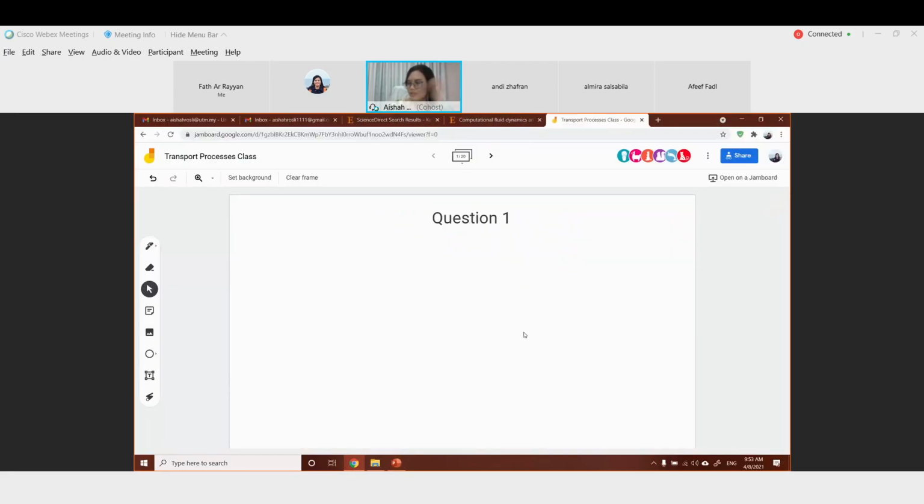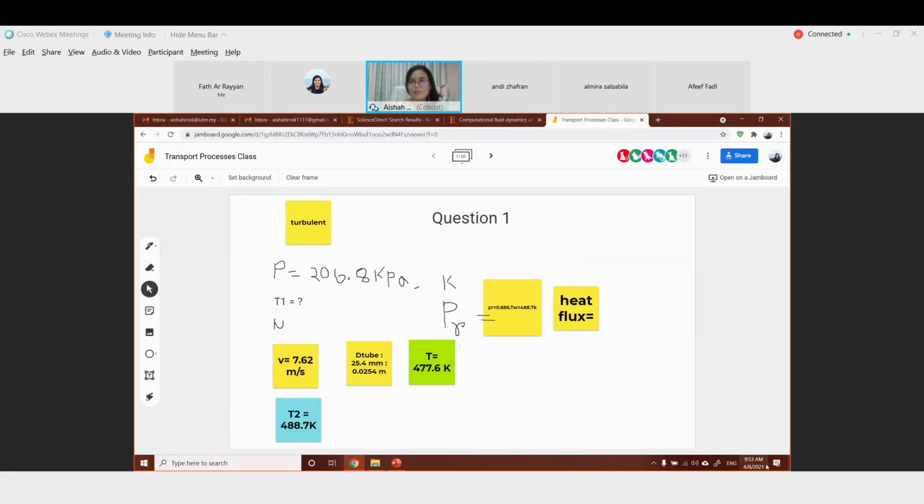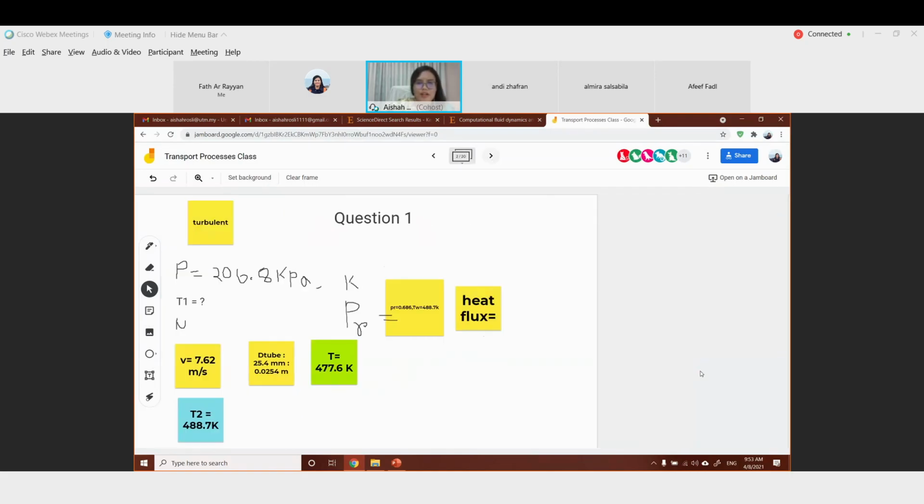So I'll go to Jamboard. Can you see this? Can you see the Jamboard? Yeah, you can see the Jamboard either way, so you can open it. So let's try